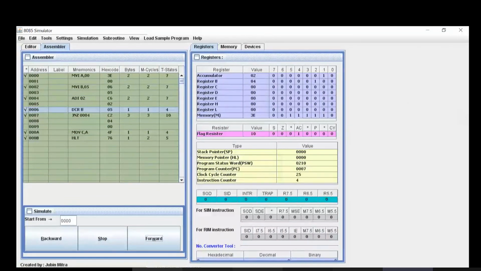Now what are we doing next? As you can see, the next instruction is jump. We're going to jump to the 0004 location. As you can see in the address, 004 is the one we're going to do, and we're going to add 2 to the accumulator. Now this JNC is a 3-byte instruction. It has a 2-byte address itself. So the 04 is the lower order and the 00 is the higher order. You write the lower order first and the higher order second. And then ADI is executed now.